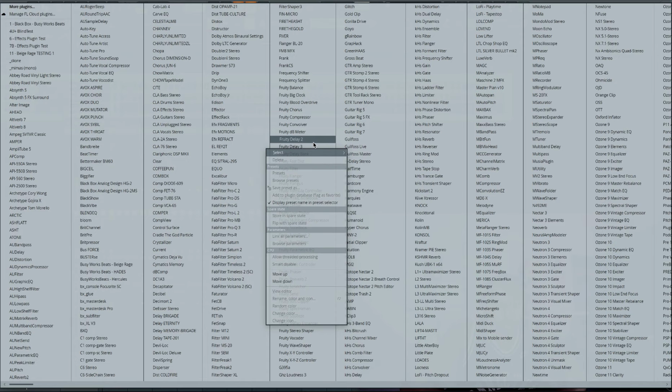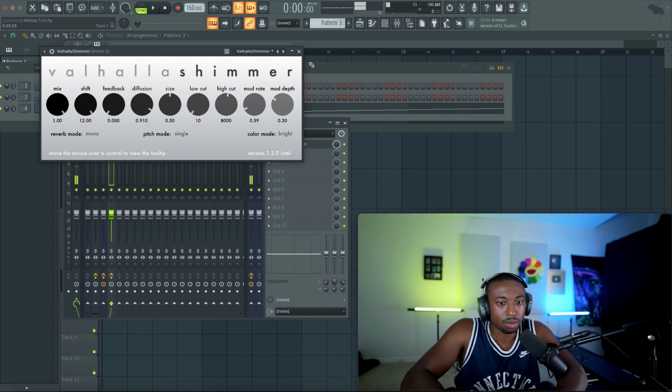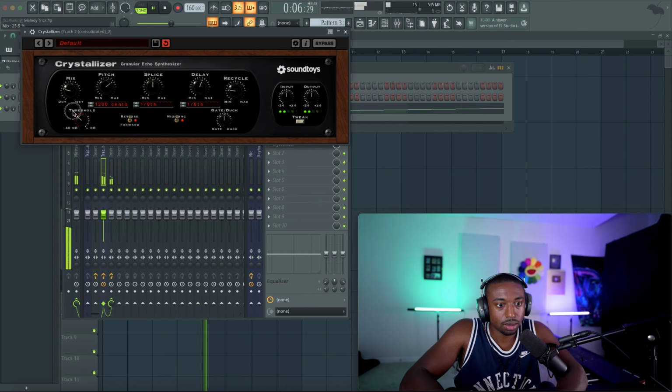And let's create a secondary chain here. Let's open up Valhalla Shimmer. Now this is going to be at 100% mix level because we're going to blend it in. We're going to send it to the reverb. Let's turn this delay down a little bit.